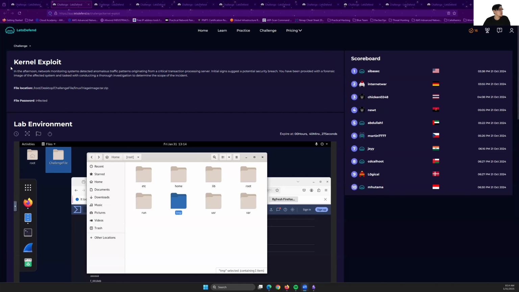So, Kernel exploit challenge on the Let's Defend platform. As you can tell, I do a lot of these challenges, so I'll go one by one this weekend. That's the goal. So what do we have here? We have anomalous traffic patterns from a critical transaction processing server. Potential security breach. Okay, we have been provided with a forensic image of the affected system, and we need to